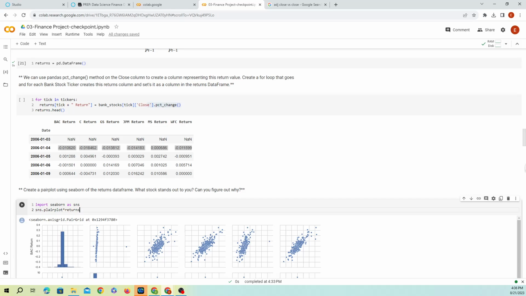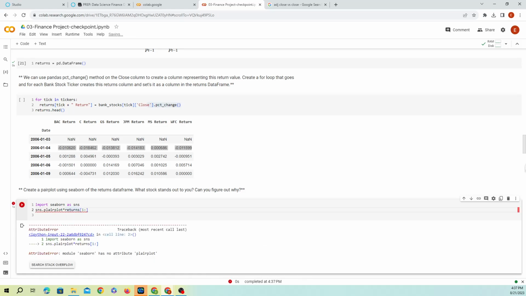Sorry, I think I put a period and a star there instead of parentheses. Sorry about that. Seaborn has no attribute pair plot. I think I'm spelling it wrong. Pair plot.